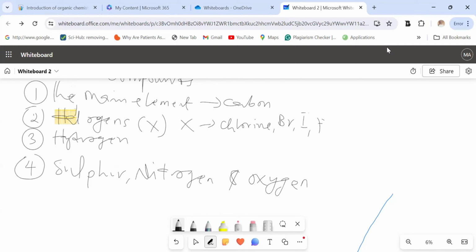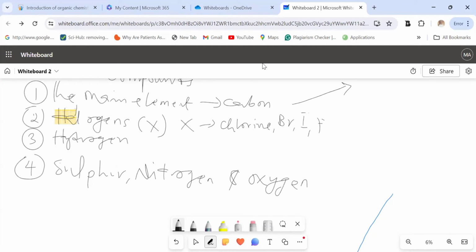So these are actually some of the elements that are mostly found in organic chemistry. Now, we said the main element is carbon. So why is carbon considered as a main element in organic chemistry? We are going to look at why carbon is considered as a main element in organic chemistry. Number 1,